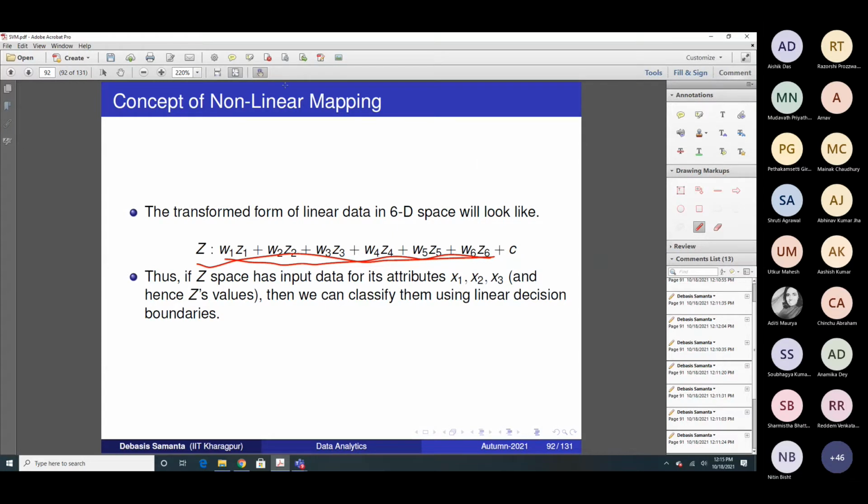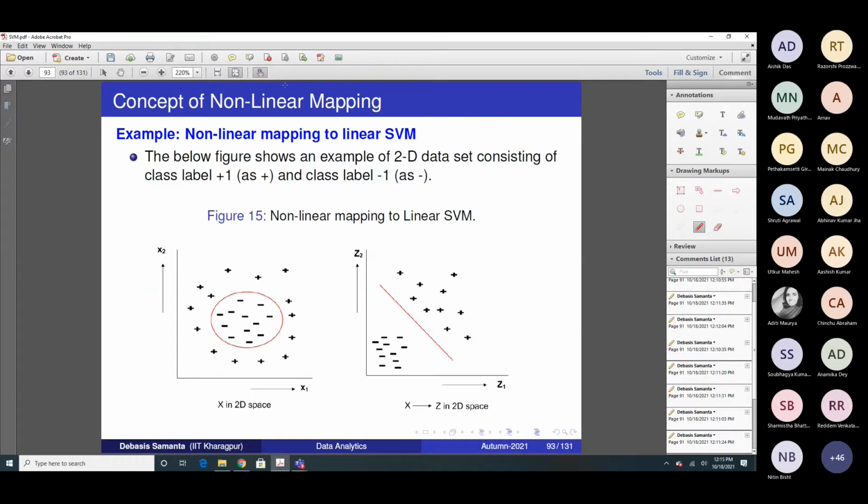Now, for every problem there is a solution, so for this problem also there is a solution. Anyway, we will find the solution when we discuss the kernel trick. But it is important that you understand how the data can be transformed from a nonlinear region to a linear region. And here is the idea exactly.